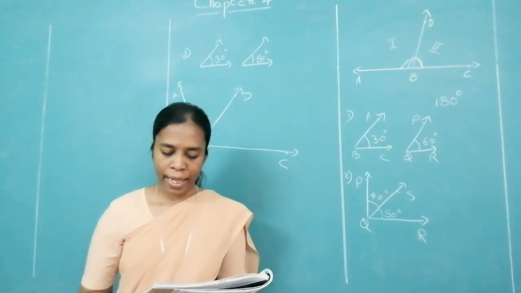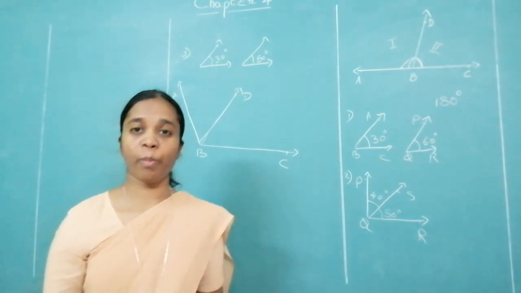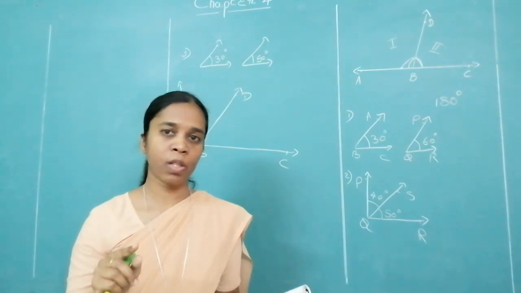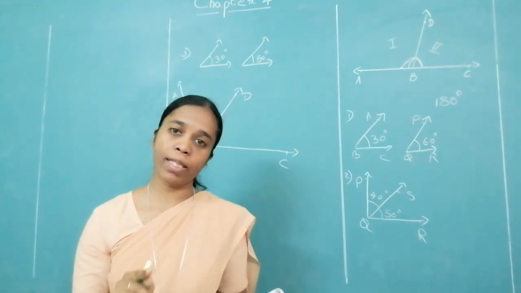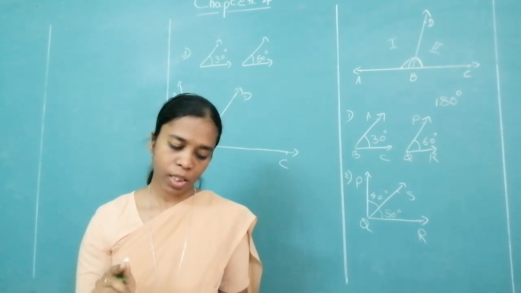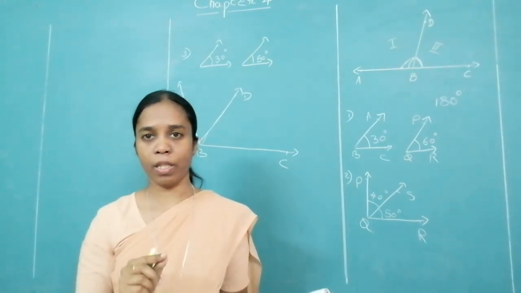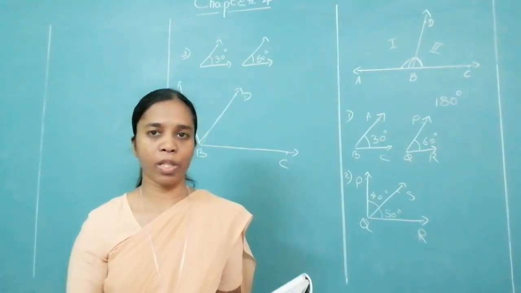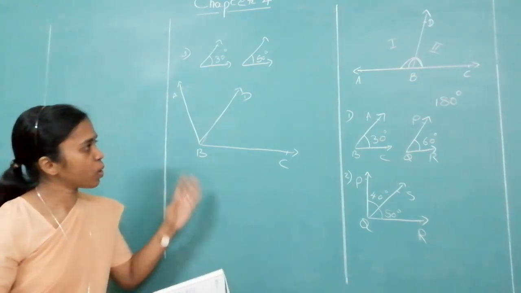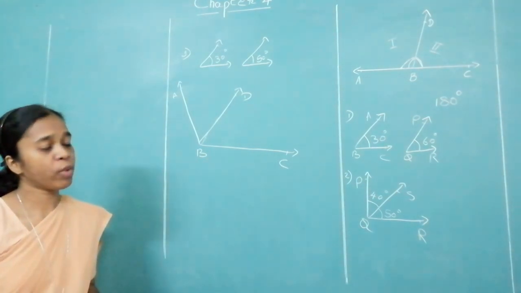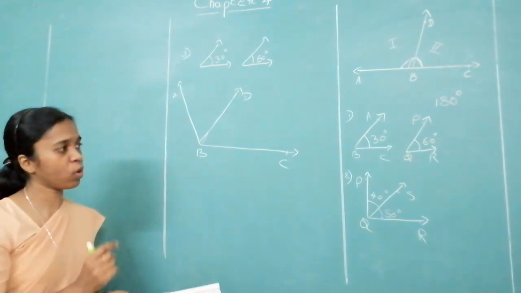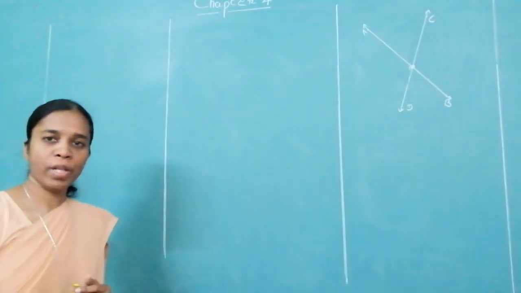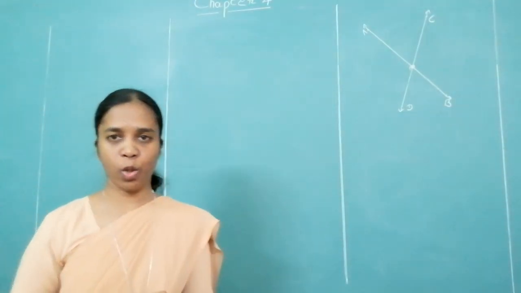The next one: angles in a linear pair which are complementary. If the angles are in a linear pair, what is the sum of the angles? The sum is 180 degrees. Now they are asking for angles in a linear pair which are complementary. Can 180 be complementary? No, it is supplementary. So we cannot draw it. Whichever is possible to draw, I have drawn it. You have to draw it in your notebook. Please copy it. Suppose you have done it, so we shall go for the next topic.